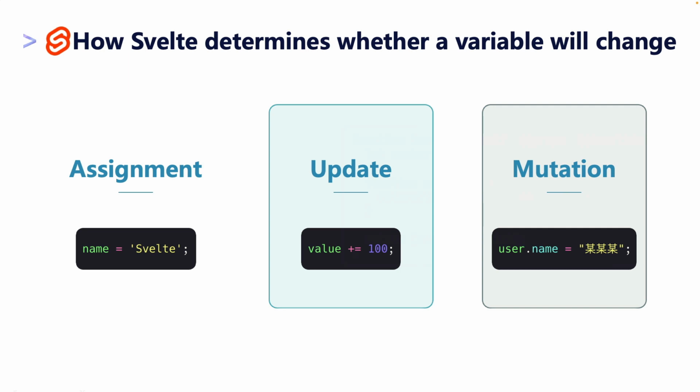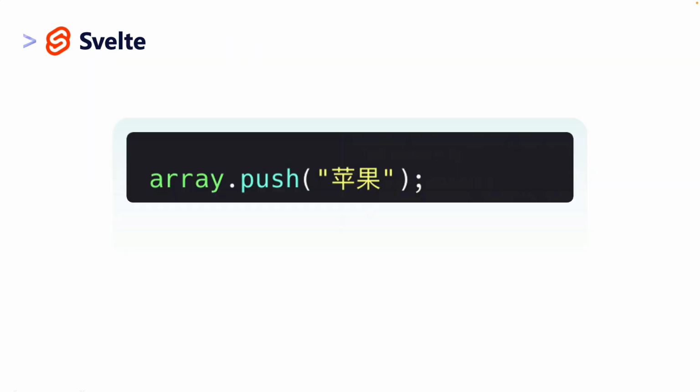And of course, this is not a foolproof solution. Because for example, if you have an array.push method, we know that based on our understanding of JavaScript, if the variable array indeed is an array data type, then the push method will mutate the array to update the value of the array. However, in the eyes of Svelte, this is not assignment, this is not update, this is not mutation. So this expression is called a call expression. So Svelte will not wrap this expression with invalidate,